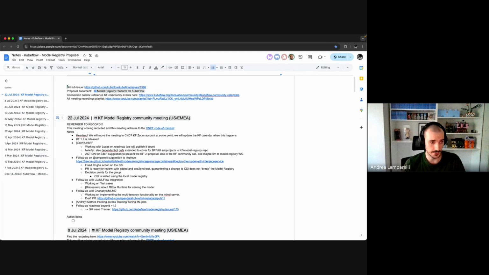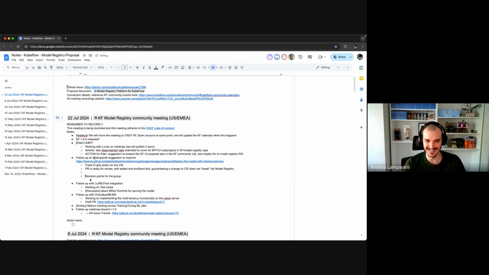So I think here we have two main options in the release process. Either we release the model registry, and then in a follow-up step, we release the CSI by fixing the model registry version to the latest one that we just released.